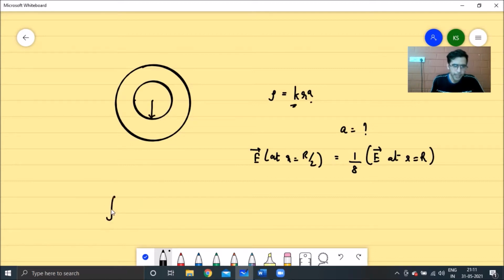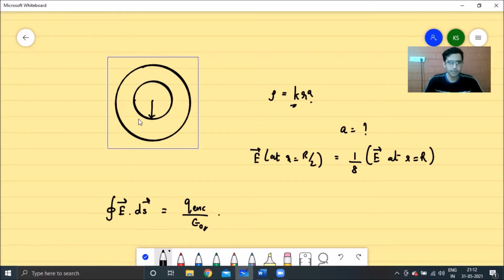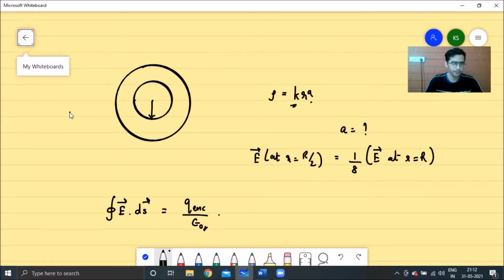So to find out the electric field at r is equal to R by 2, we'll make use of Gauss law over here. And the expression for Gauss law which we'll be writing over here is integral E bar dot ds bar will be equal to charge enclosed divided by epsilon naught, right? And since electric field has to be radially outwards everywhere over here from symmetry, and because each point on the surface is similar, your electric field has to be the same at all points.